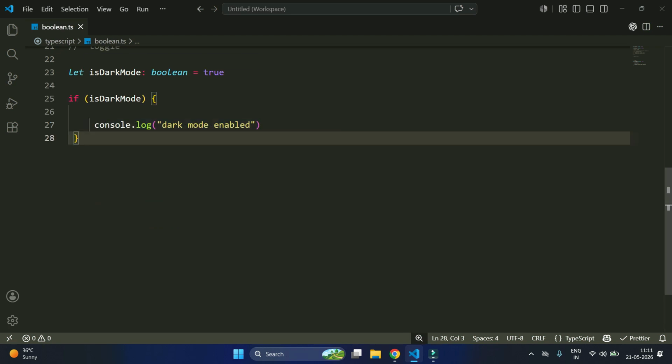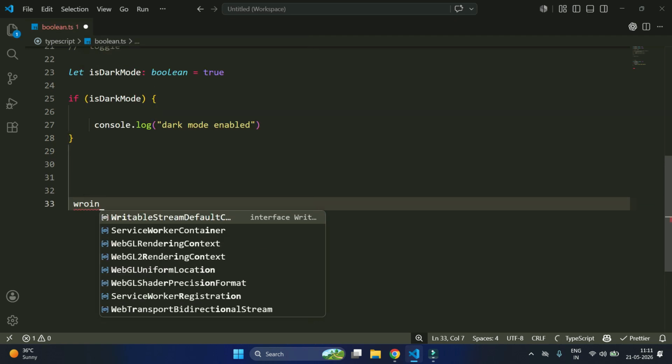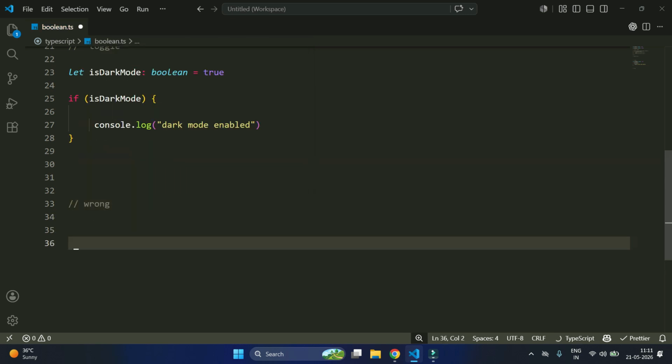So here we use it as a feature switch, which is very common in apps, like dark mode or notifications. Then here, this is wrong. This one we have another example. Wrong what? Let is